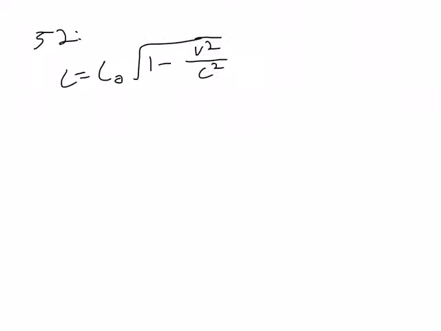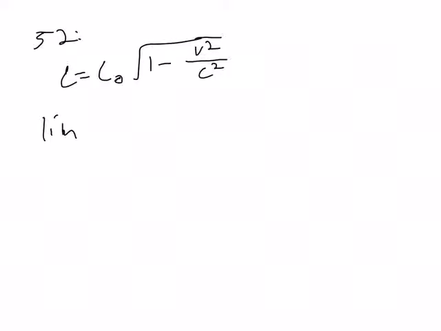This is the length of an object with respect to some observer, where L0 is the length of that object if it were not moving, C is the speed of light, and V is the velocity at which the object is going. So the question is, what's the limit